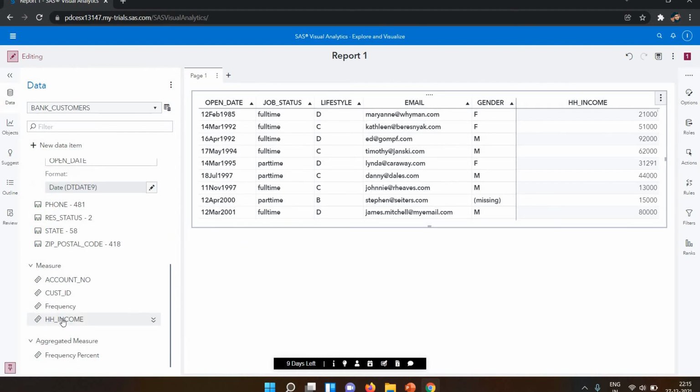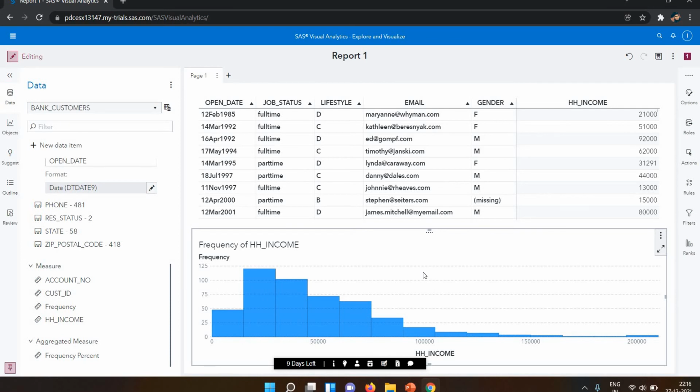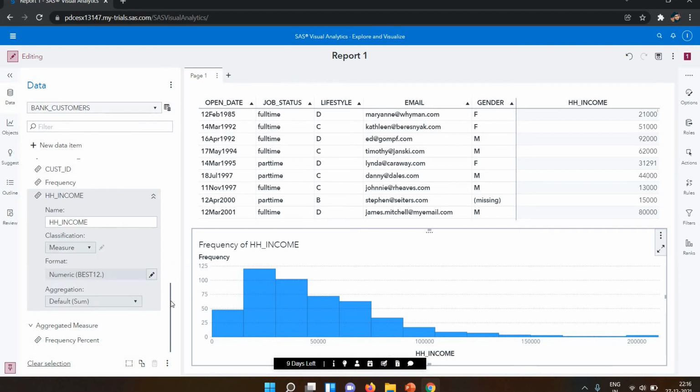I want one graph related to HH income. By default it is calculated automatically. If you want to change income, by default the income is showing as a sum. If you drag it, you can see the income is showing as a sum. For category, geography, you want measures; I want the measure as a number, and category means it will be converted into character data. Next is numeric. Numeric is good because this is my numeric.